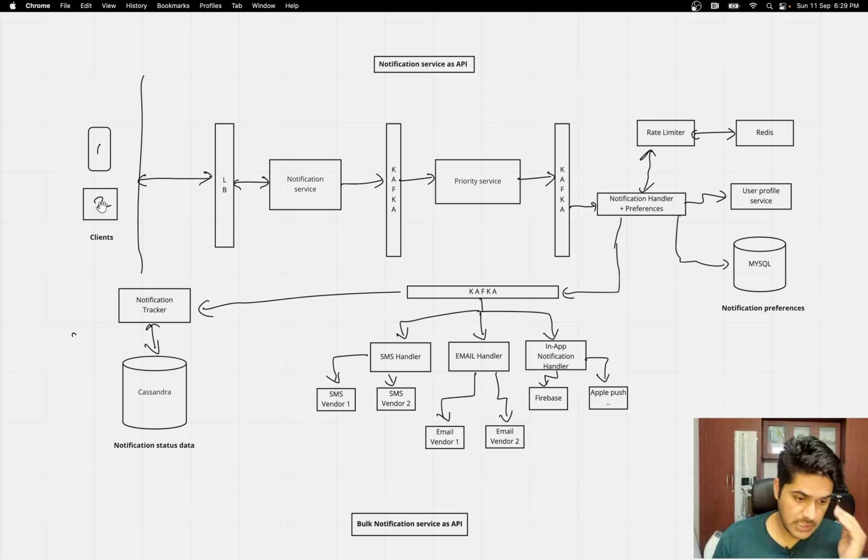Those will send you the data, the content. They will hit your API. So I'm talking about the notification service as an API, where you give them the API and they hit your API with the user details and the content and all those things, to send this notification to this user.